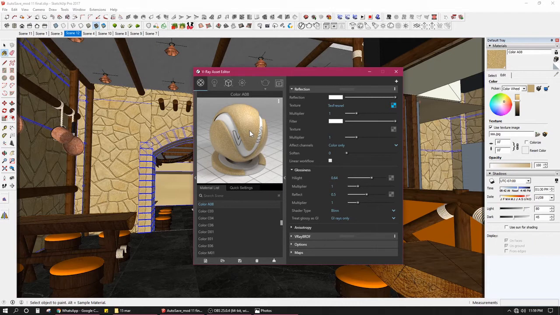So for that, I have another setting in V-Ray itself, where I can add that exact texture, that exact roughness to it. It is called bump. Okay, so where will I find it now?